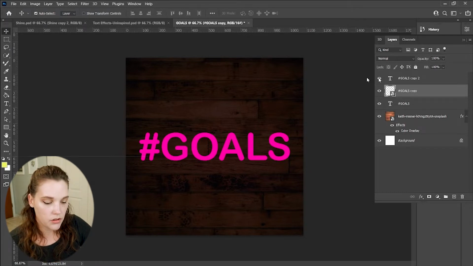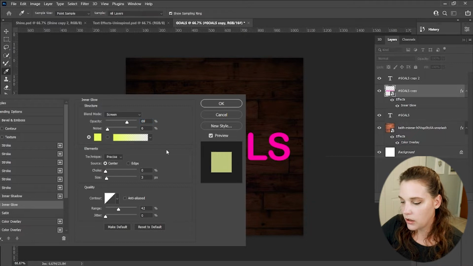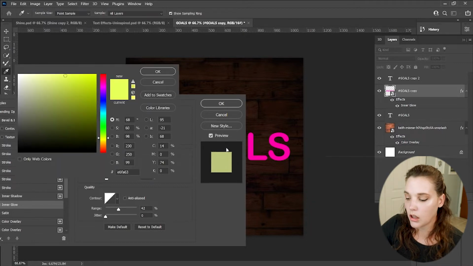Add a layer style to it. Down here at the bottom of the layers panel, there is an icon symbolized by FX. An inner glow pops up here in this screen. I'm going to choose a different color. If you move your selector away from the color picker screen onto the canvas, you can see that it turns